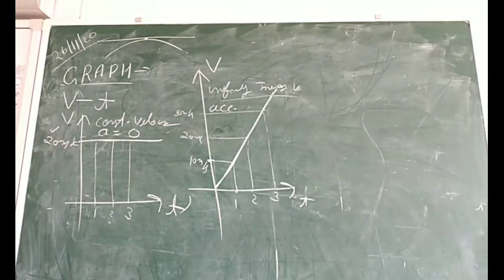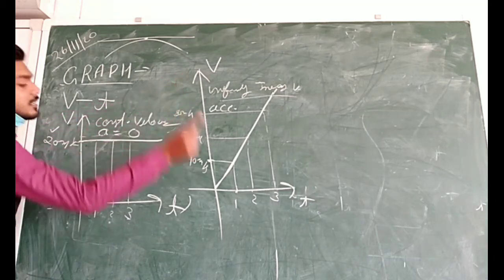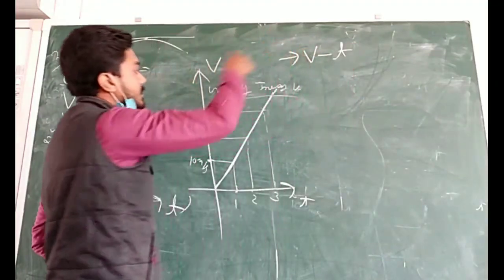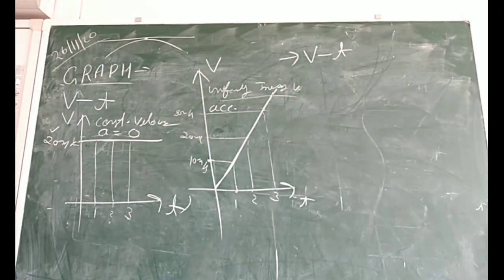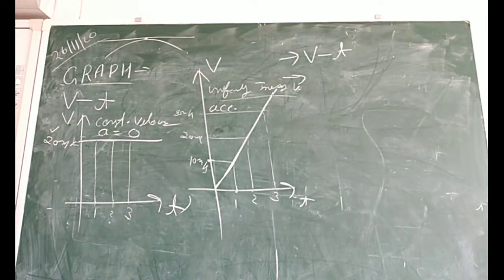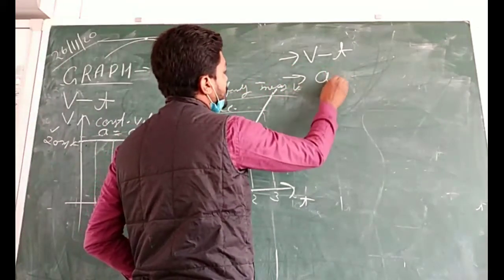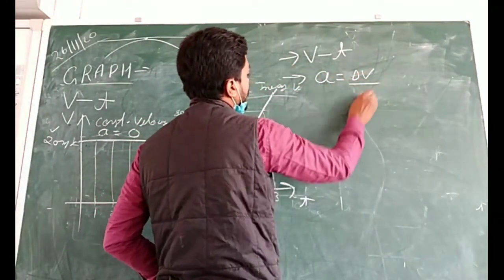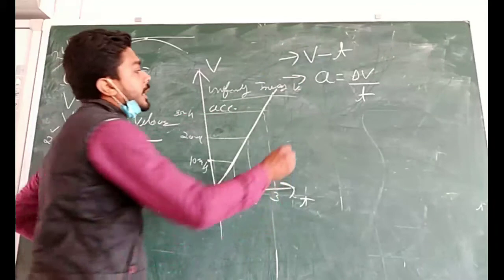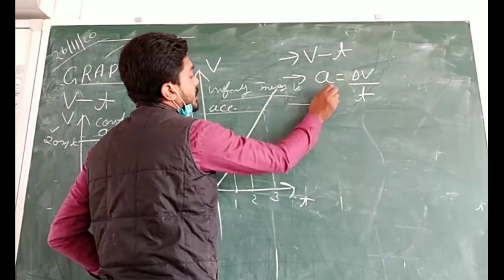Okay students, for the calculation, again there will be the two steps which I told you. The first, check the x-axis and y-axis, and this is the velocity time graph. This is the first step, to check your x-axis and y-axis. In the second step, check the relation between these two quantities. In velocity time, the first relation is acceleration is equal to change in velocity upon time. Do you know? Yes, sir. And one more relation is there.